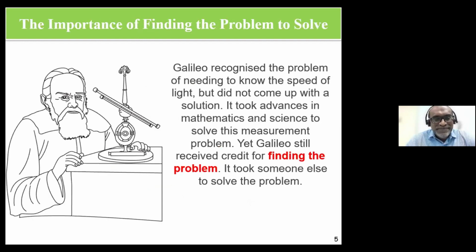Next slide. Right. And there are a lot of amazing people like Galileo, right? He may not have solved a lot of problems in mathematics and science, but he is attributed to finding the problem, which later scientists like Newton and Einstein and all that were able to solve. But the problem was actually identified by someone like Galileo. So he identified the problem, then it took about 100 years, 200 years, 300 years later, the solution was achieved, right? So again, the importance of finding or understanding and finding the problem. Okay, next.